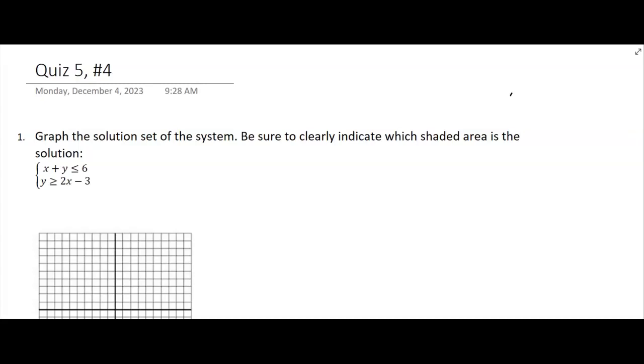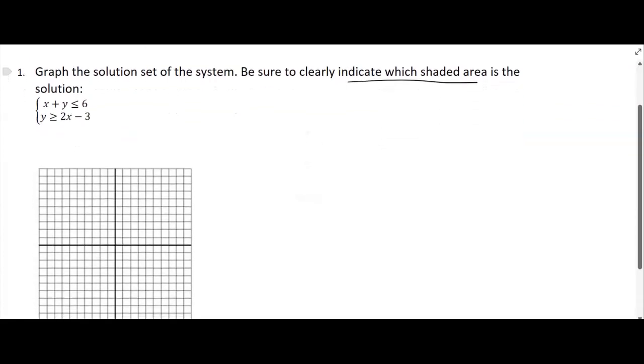Okay, so this is the last problem. It says graph the solution set. Now this is a system because there's two inequalities here, a system of inequalities. They're linear, so that's the good news. We can graph them like lines, but the only way to get the answer is the graph. There's no other way to do that, okay? And you have to make sure you indicate which area you mean the answer to be, which sometimes is